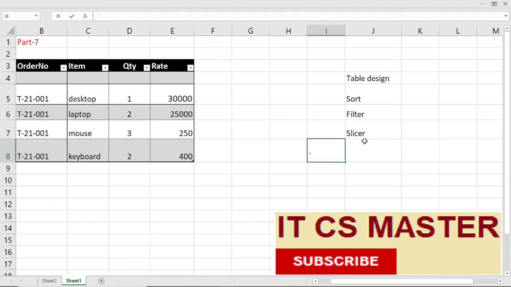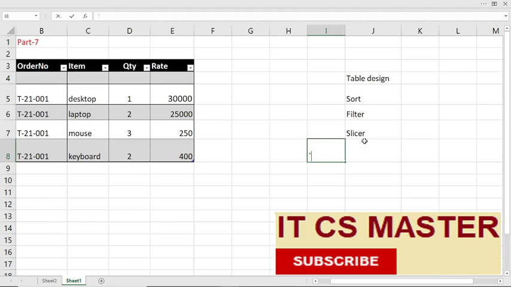What is sorting? Sorting is arranging data according to our requirement. You can arrange it numerically or alphabetically. You can sort your data.